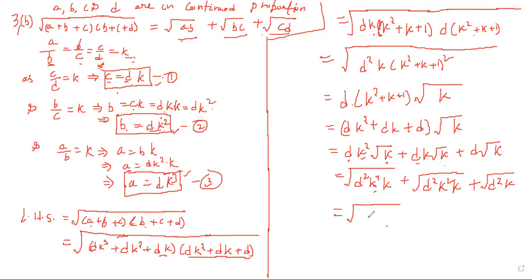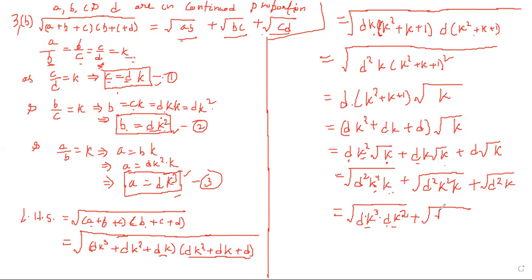Now d square k to the power 4 into k, we can write dk, as we have to bring ab, and a we know that is dk cube. So dk cube into dk, is it satisfying it? D square means d into d, k to the power 4 into k is k to the power 5, means k cube into, actually it is dk square, it must be dk square. Why? B equals to dk square, so root a into b will be the first term.